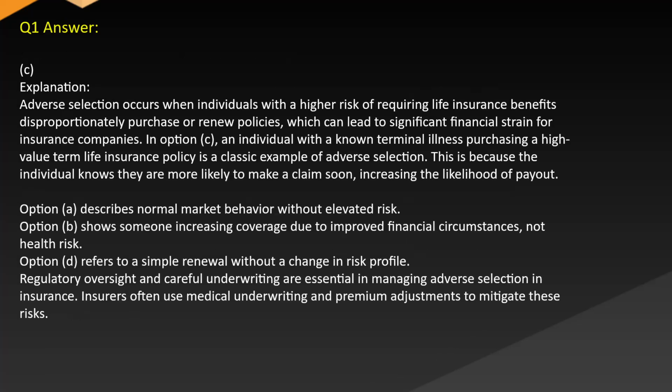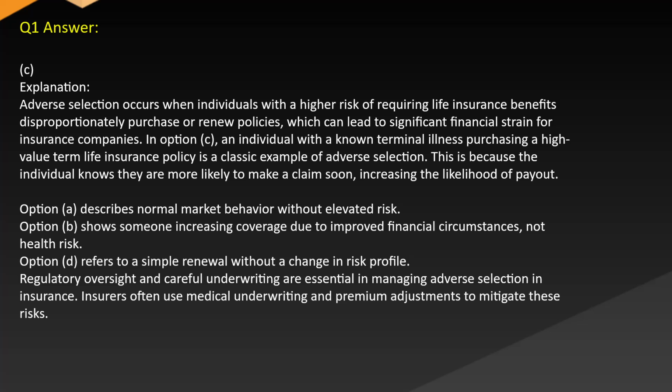Answer: C. Explanation. Adverse selection occurs when individuals with a higher risk of requiring life insurance benefits disproportionately purchase or renew policies, which can lead to significant financial strain for insurance companies. In option C, an individual with a known terminal illness purchasing a high-value term life insurance policy is a classic example of adverse selection. This is because the individual knows they are more likely to make a claim soon, increasing